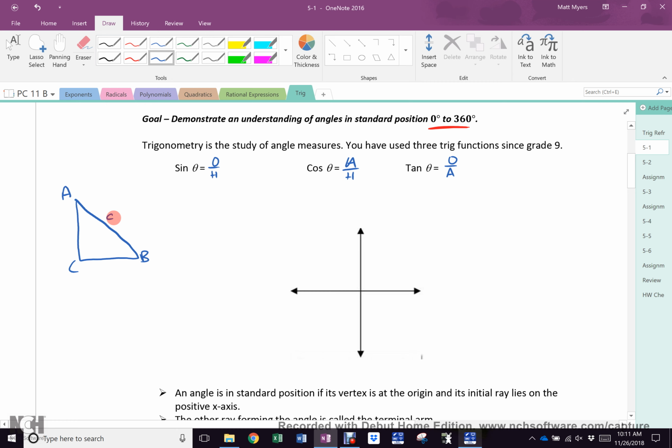This lil c, this lil b, this lil a. And you know that sine b is b over c. Sine a is a over c. Cos b is a over c. Cos a is b over c. And tan...